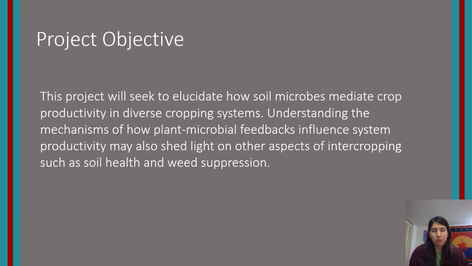We want to understand how diversity above ground, the plants, affects below ground diversity, with the microbes on the roots. This will help us understand how these may influence how big the plants get, how good they get at growing. And in agriculture, that's what you want. You want your plants to grow big. You want them to do well. And if we're looking at highly diverse agricultural systems, we also want preserving soil health and weed suppression, which will be big parts of this project.